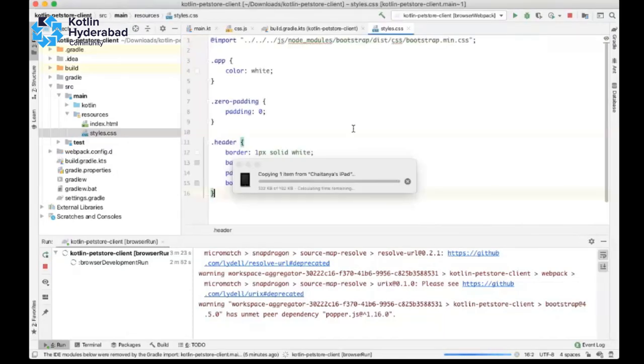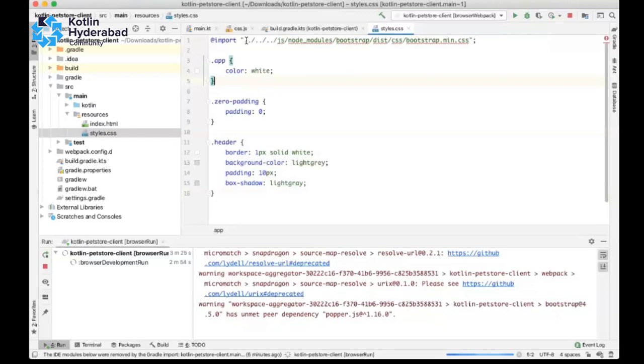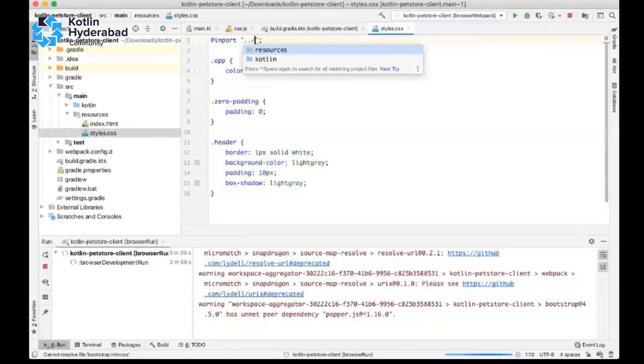I'm already having some of the predefined styles, so I'm just taking them. I need to correct the path. It's not resources.